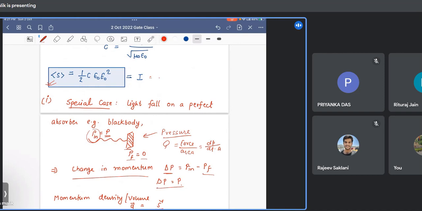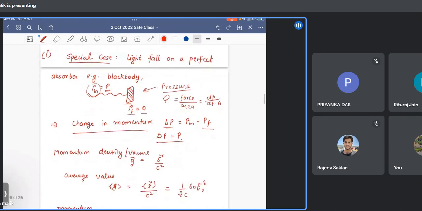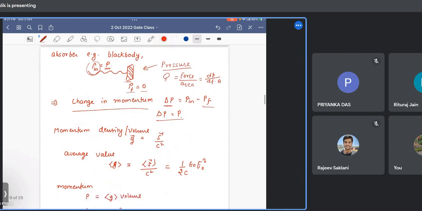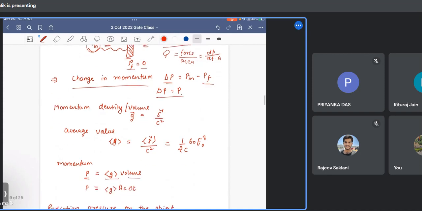So the change in momentum is P. The momentum density, which is given by S vector by c square, has an average value of average S by c square, which equals 1 by 2c epsilon naught E naught square. So the momentum is equal to the average momentum density multiplied by volume. The volume we are going to consider here is again the smallest tiny volume